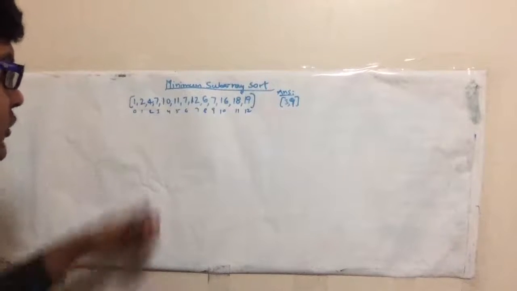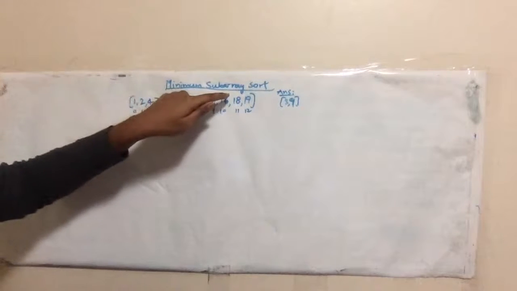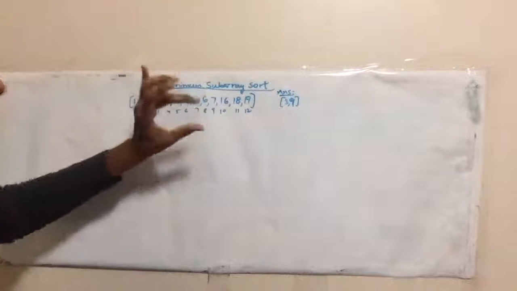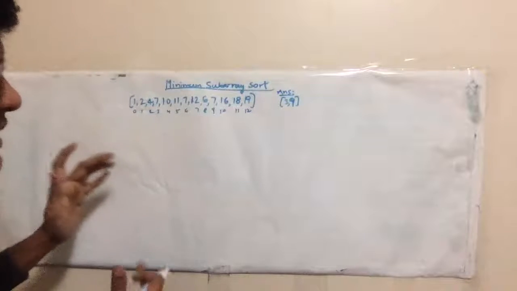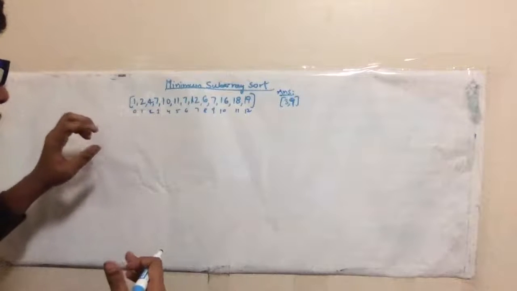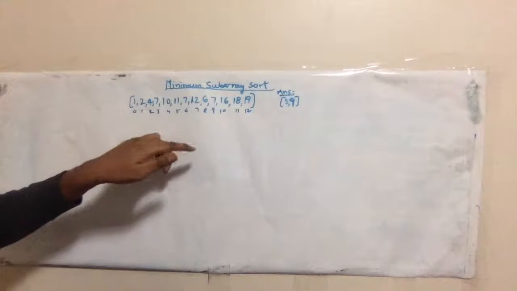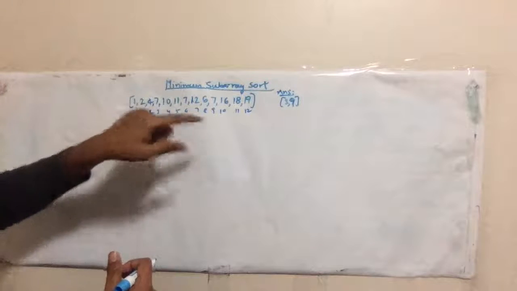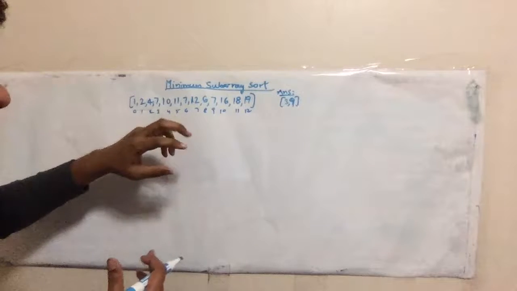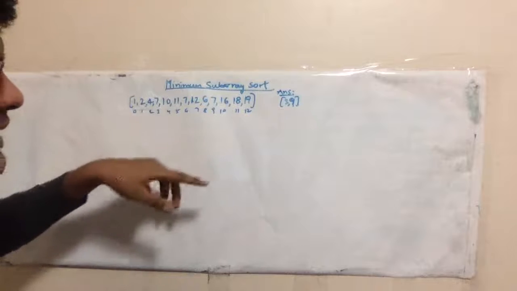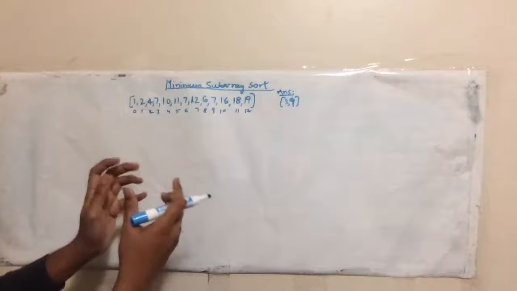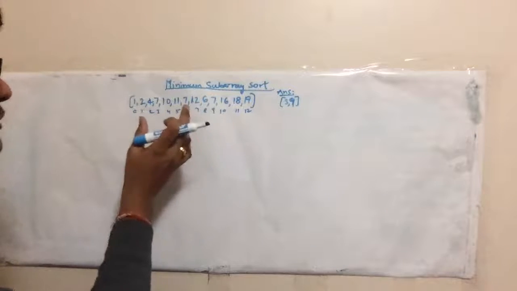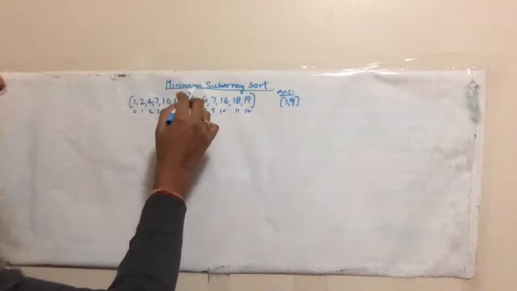Hi, today we would like to look at this coding problem of minimum subarray sorting. What is this problem about? We have been given this input list, which is partially sorted and partially unsorted. We need to find the indices from where the unsorting has started and where it has ended. The other thing here is this list can contain many unsorted portions, but we need to just provide the minimum